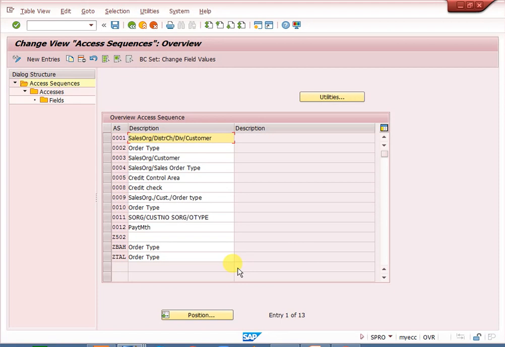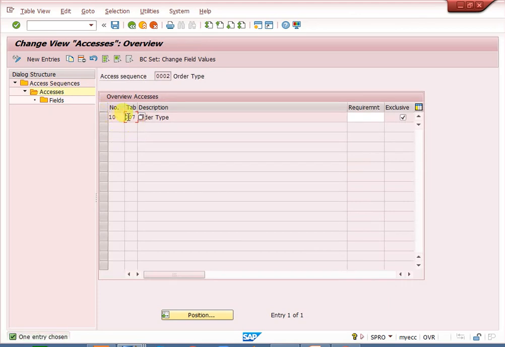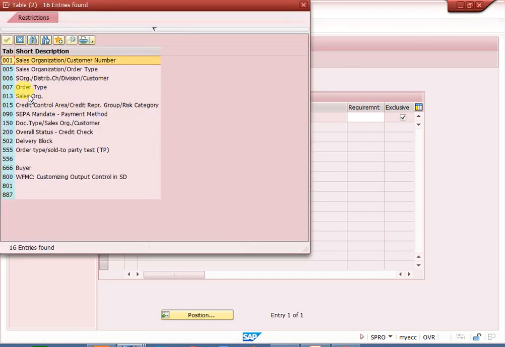Here you can create the access sequence, go to accesses. Here you can enter your condition table. We have used condition table 007 for order type, because 007 means sales order type, only order type we have taken.